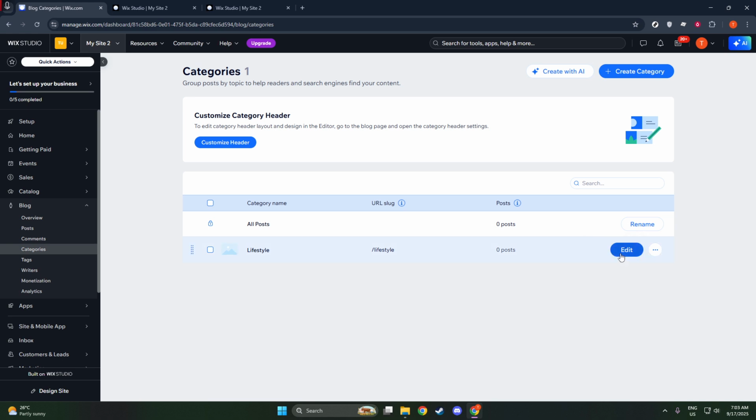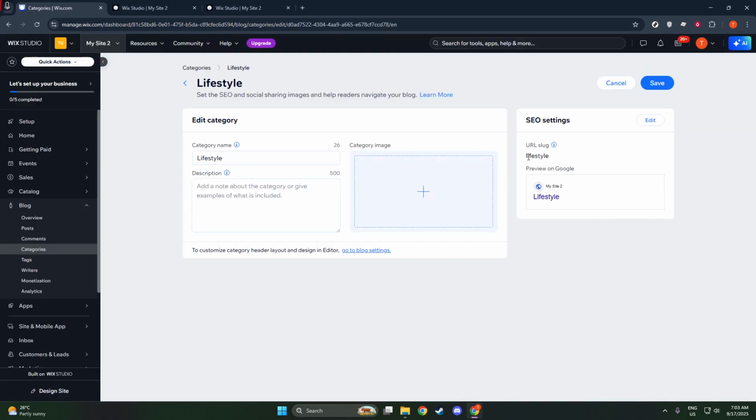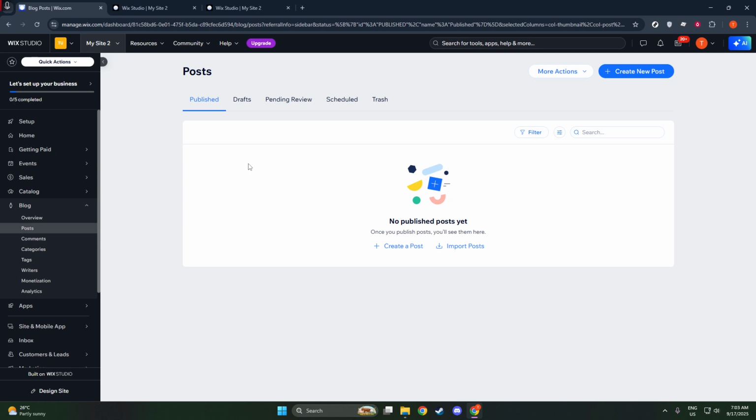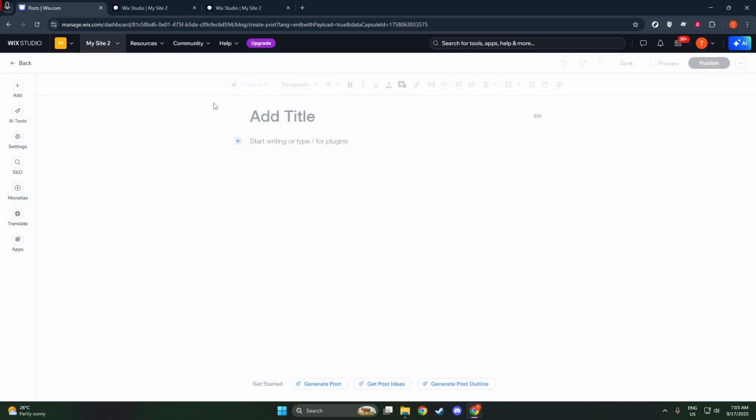Now that you have your categories set up, it's time to assign posts to them. As you are creating or editing a blog post, look for the Settings or Categories tab within the post editor. You'll see the option to choose which category or categories your post belongs to. Wix allows you to select up to 10 categories for a single post, giving you flexibility in organizing your content. It's important to select relevant categories for each post to ensure that your readers can easily find related content based